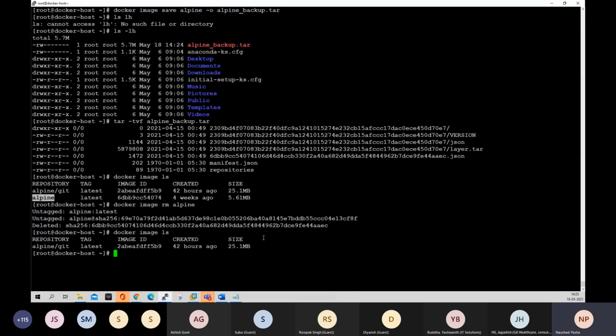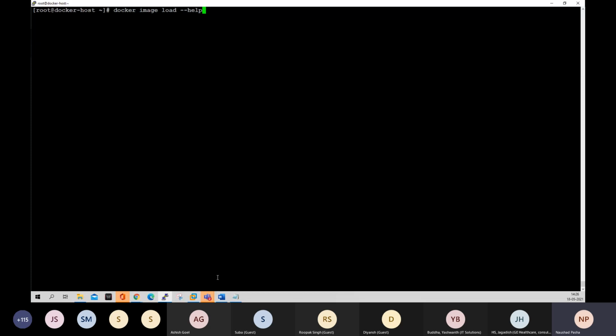Now assume you are the person who actually received the tarball. How will you use this tarball? You will have to run the command docker image load --input. If you don't remember things, don't bother. You can just run the command help docker image load